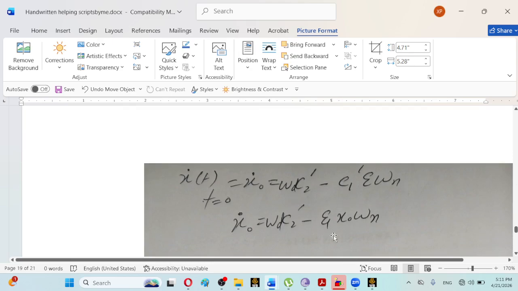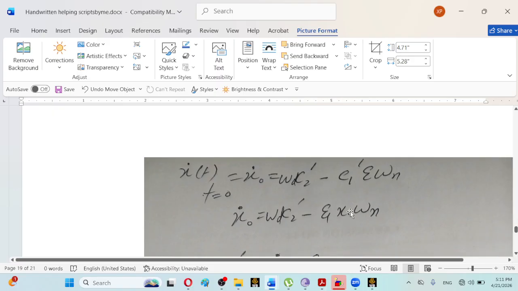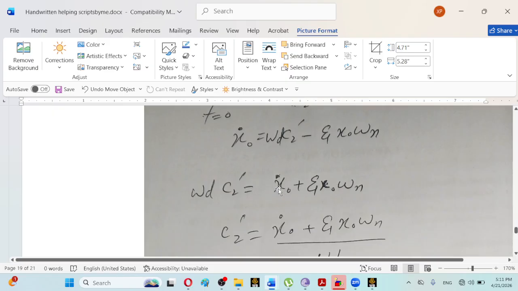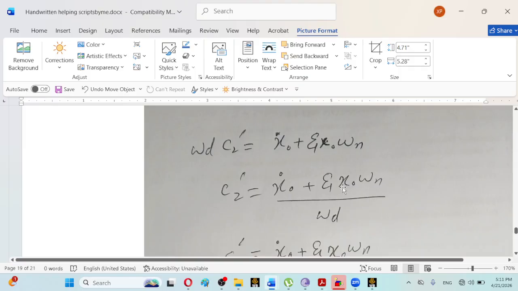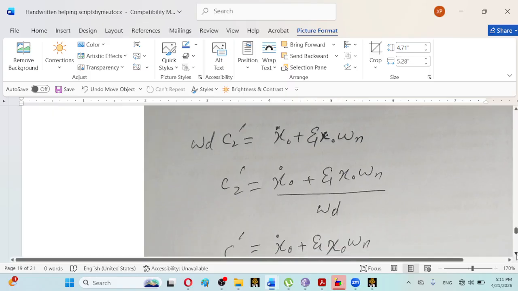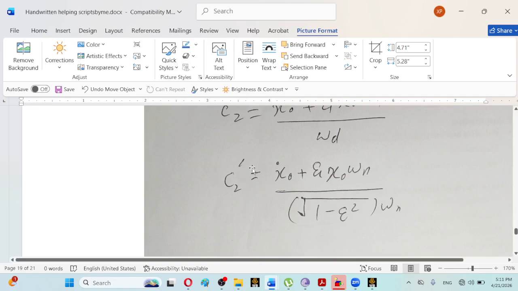So from here, the value of c1 dash is equal to x naught. I have used that value as input, and here you can obtain c2 dash. Omega d c2 dash will be equal to this, and c2 dash will be equal to x naught plus damping factor x naught omega n divided by omega d. So when we input the value of the damped frequency here, you actually obtain c2 dash is equal to x dot naught plus damping factor x naught omega n divided by omega d,